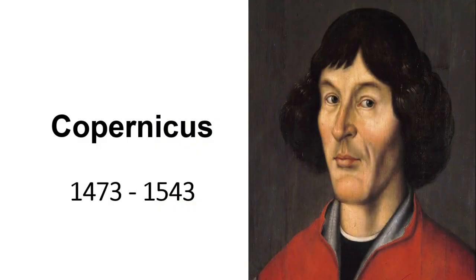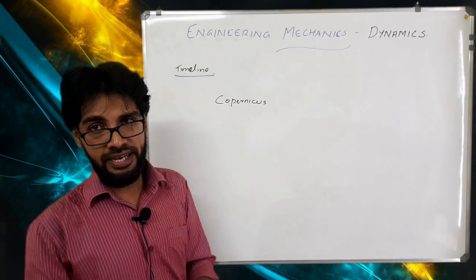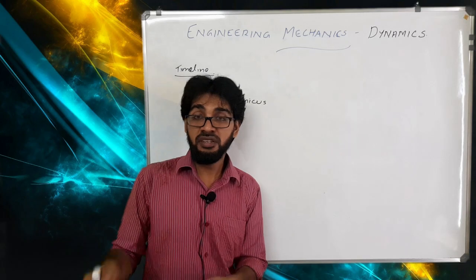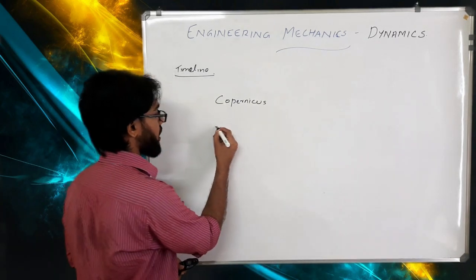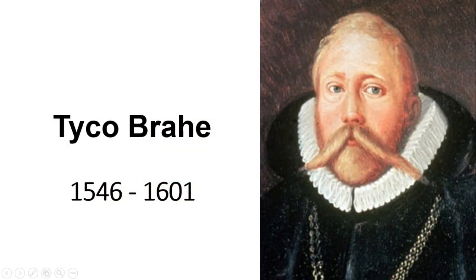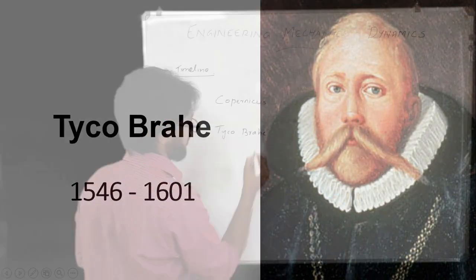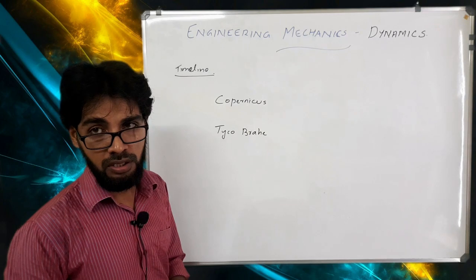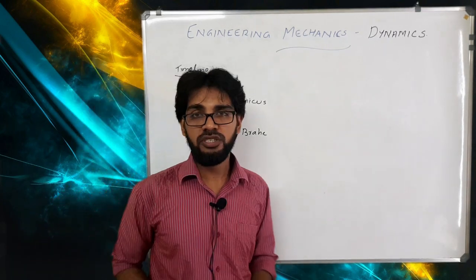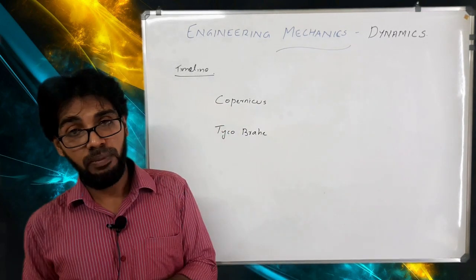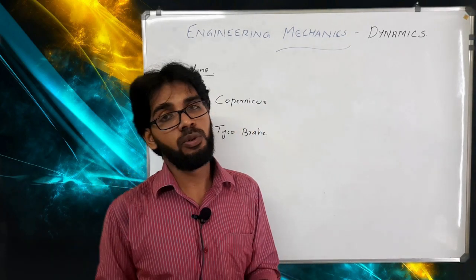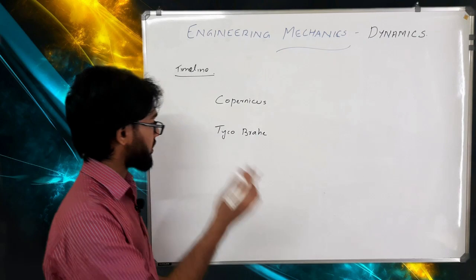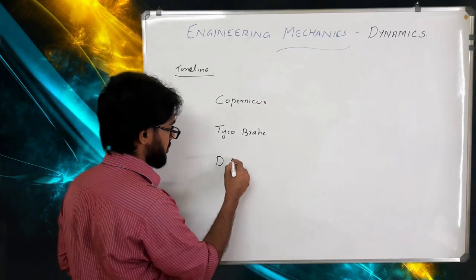We have Copernicus, who postulated that the sun was at the center of the universe rather than the earth. Then we have Tycho Brahe, who was a great astronomer and made a number of observations which were later used by Kepler to develop the laws of planetary motion. The next important personality, D'Alembert,